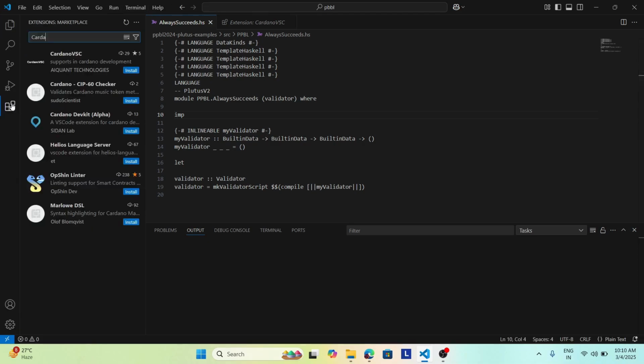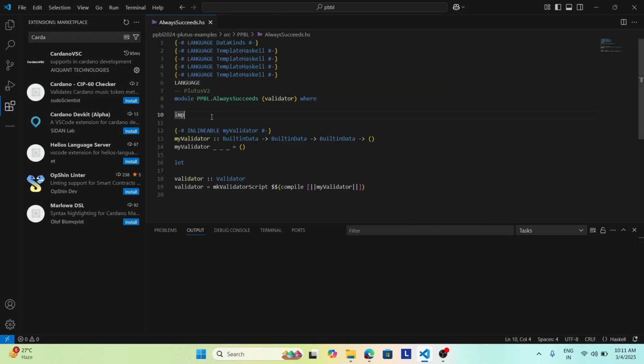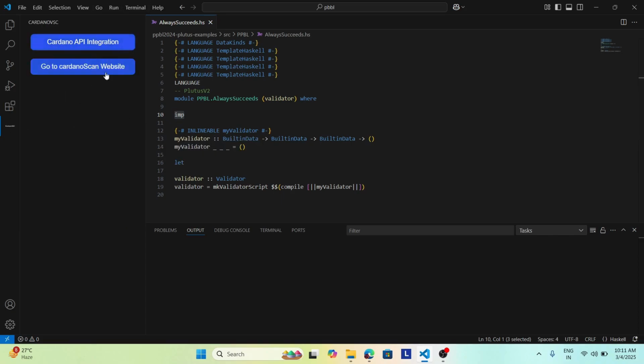And now let us go back to the extension and enable it. Now, as you can see, the extension has been enabled again, and we can go to the tab of CardanoVSC